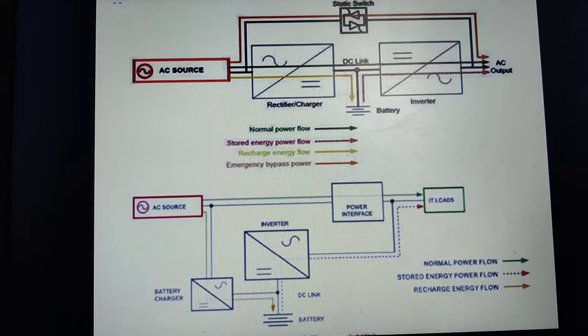So what is the difference between online and offline UPSs? In an online UPS, irrespective of whether current is there or not, the power has to pass through the online UPS. That means it has to pass through the battery. From its inverter only we are able to receive the power supply. But in case of offline, it is not like that. Directly the power supply will be flowing to the computer system. But this offline UPS keeps on monitoring whether power supply is there or not. If the power supply is not there, automatically the control will switch to the battery of the offline UPS. Then from the battery you will start experiencing the power supply.